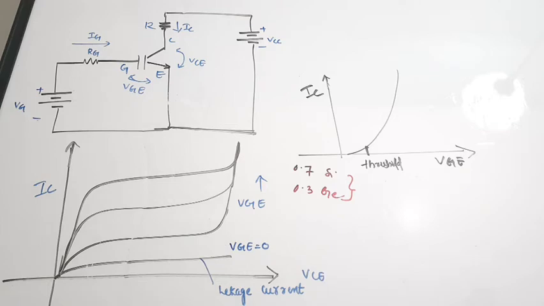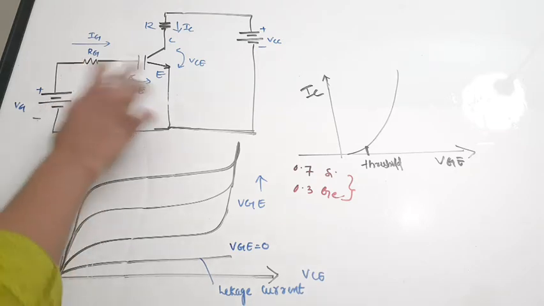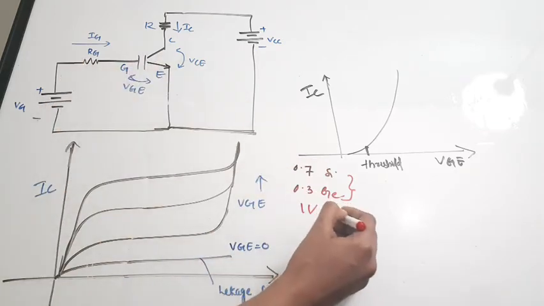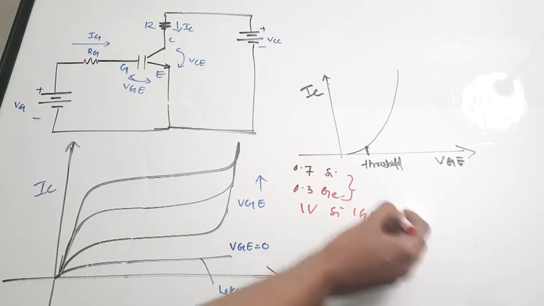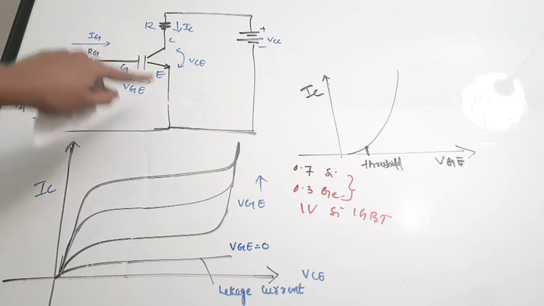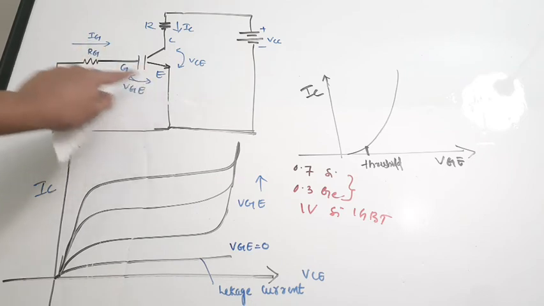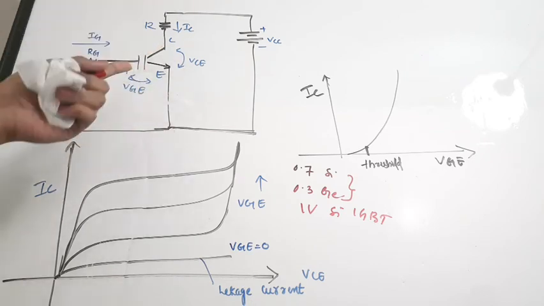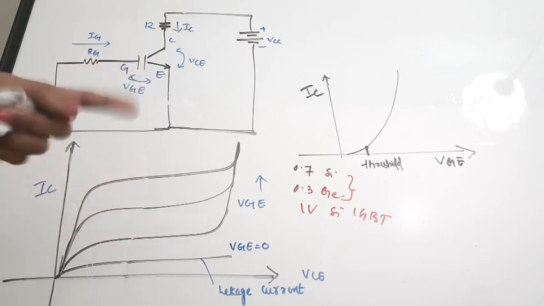Generally for the case of a silicon based IGBT, the threshold voltage is 1 volt. So here it is 1 volt. These are the terminals for the silicon based IGBT. So these are the two terminals, which are actually the input side or input terminals, and the voltage drop in between these two terminals should be greater than the threshold for the device to actually start conducting.